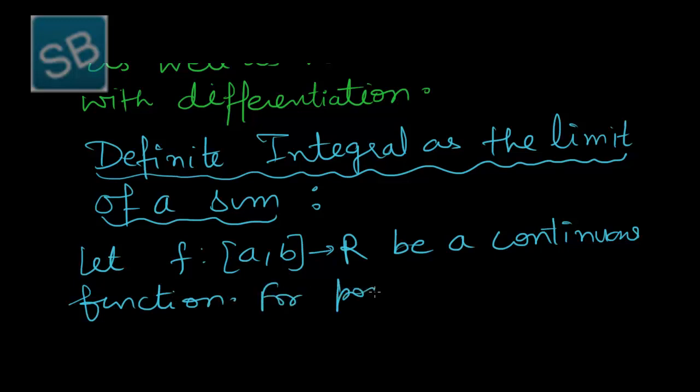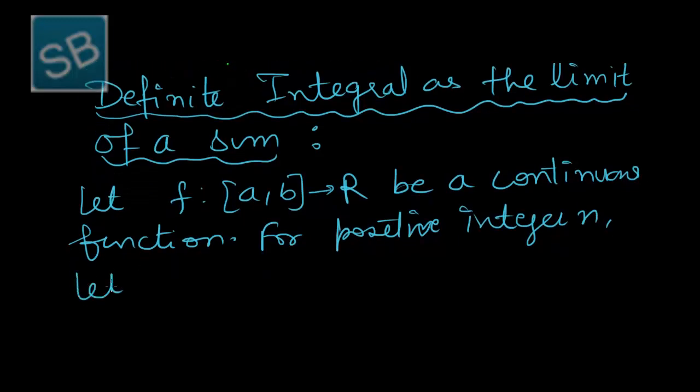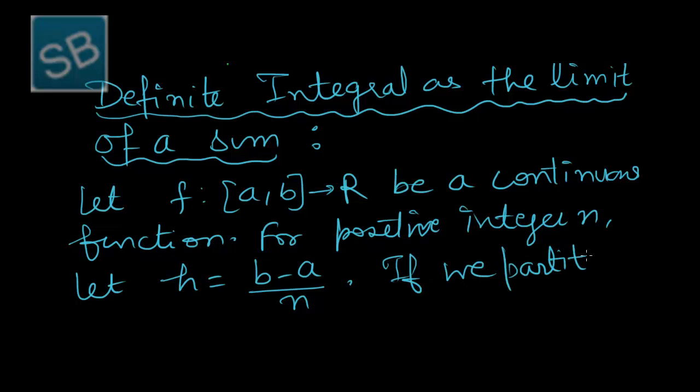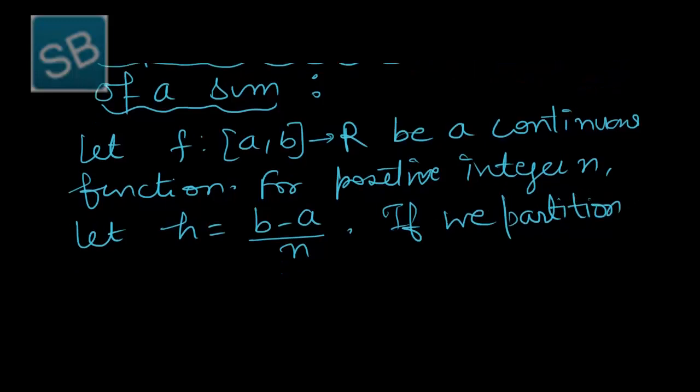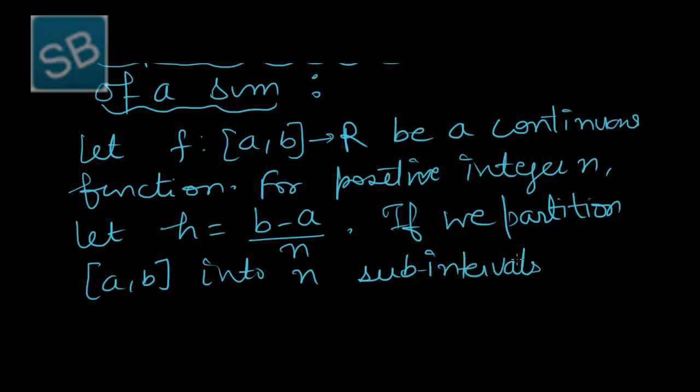So for a positive integer n, let h is equal to b minus a over n. If we partition the closed interval ab into n subintervals of equal length,